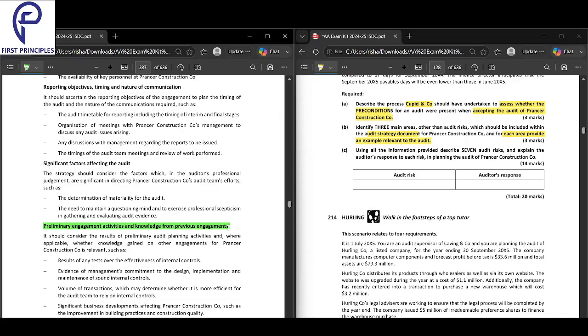And preliminary audit engagement activity means initially whatever activities they conducted. Okay, whatever activities they conducted initially, what did they understand from that? The result of that should be there. Second, if they were already their existing client,